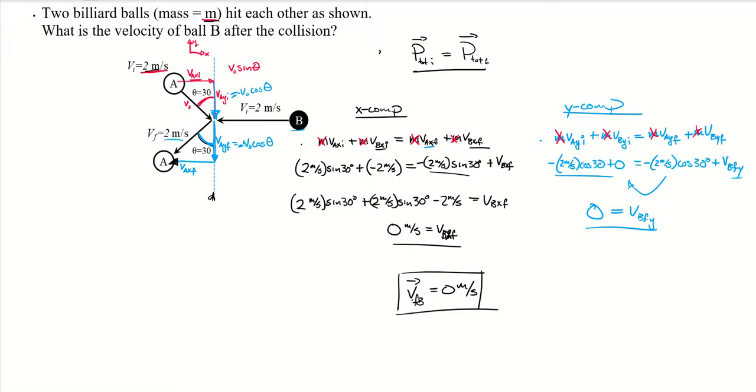Likewise, we don't know the energy transfers that are going on in there. We don't know if those balls are dented or deformed and there's some sort of thermal energy increase or anything like that. So using just conservation of energy would have been very difficult. But with collisions, we generally can always use conservation of momentum. And if you define your system appropriately, that conservation of momentum is always going to hold in collisions.